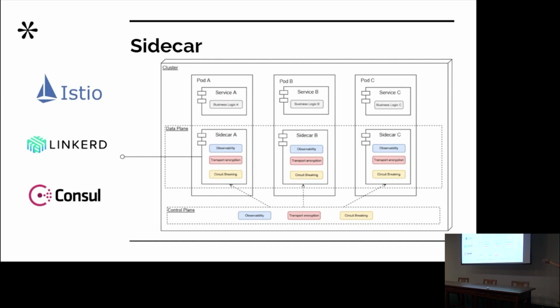This is a very common practice, the sidecar approach, for big applications that require their services to have specific configurations for each independent service. So imagine that I need a specific circuit breaker for my service, but my pod B doesn't need that. I don't need to do that for pod B, right? I can do specific configurations for specific services.